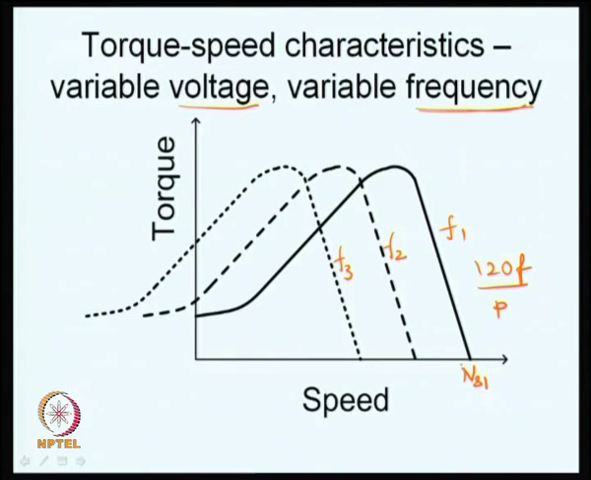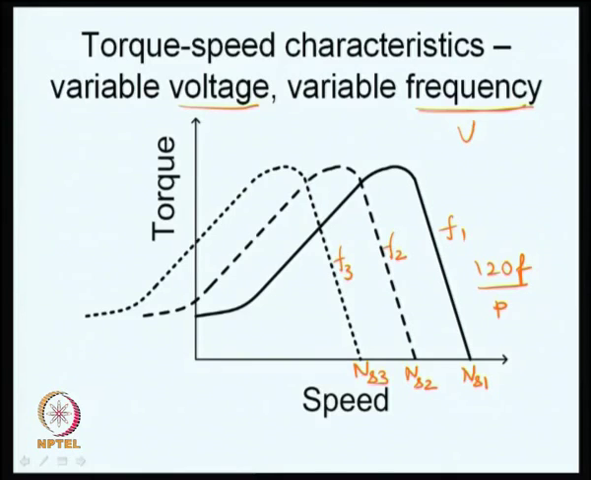1500 rpm, and if 50 hertz is changed to 40 hertz, then this 1500 rpm will get reduced to ns2. ns2 will be something like 1200 rpm now, and f3, if it is 30 hertz, there will be a corresponding synchronous speed ns3, and this will be something like 900 rpm now. So, what happens is the synchronous speed changes if you do that now,